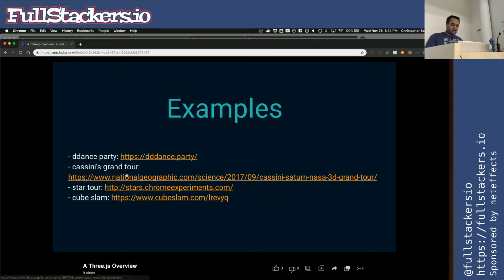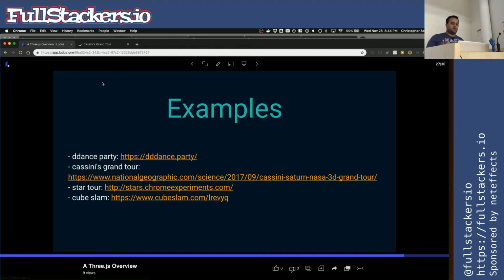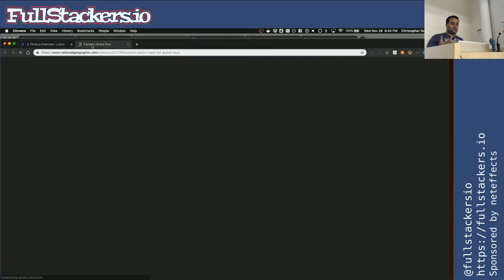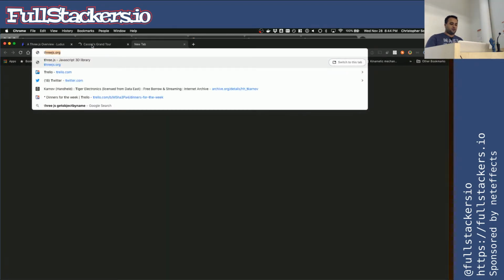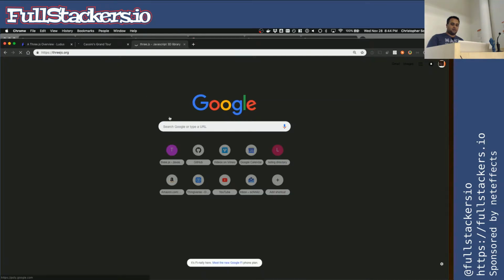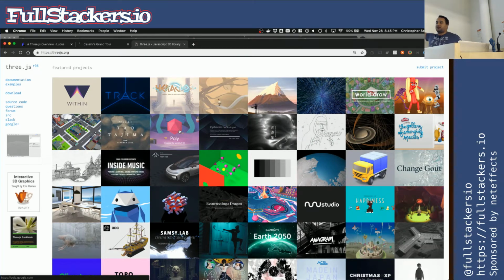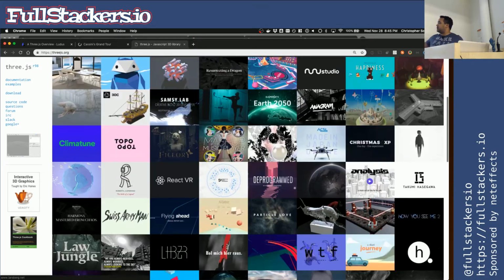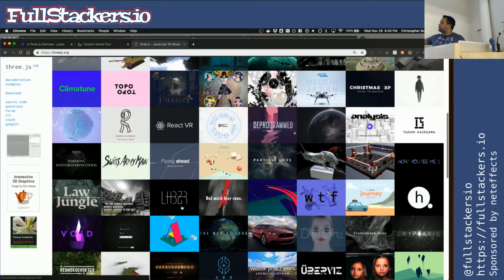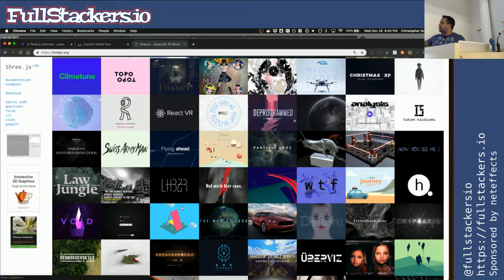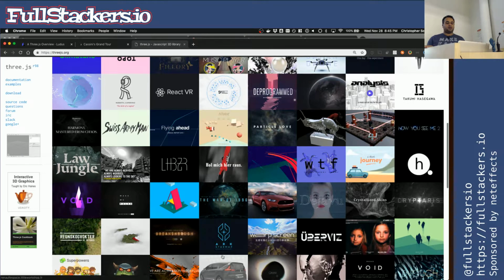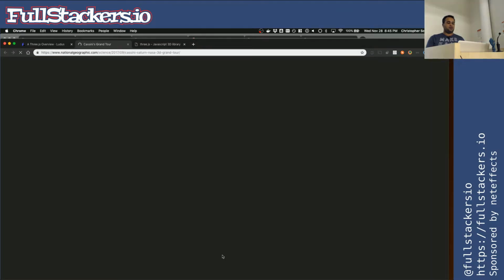Really, most of these are from the Three.js website. When you go to threejs.org, this is all demos. So you can come through here and hop through to a particular demo, check it out, and then come back and look at a different demo. Totally worth exploring, both to get an idea of what you can do, but then to also see where